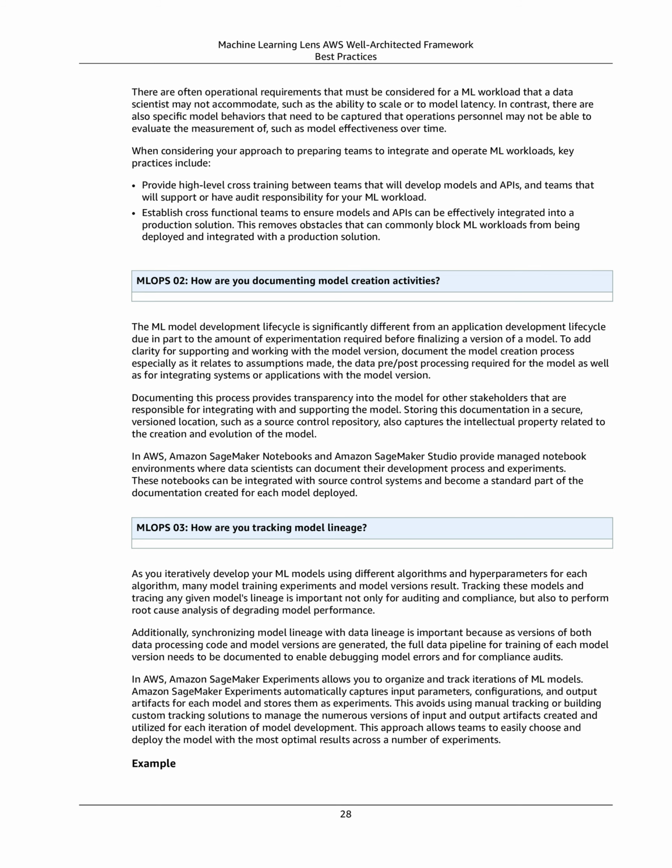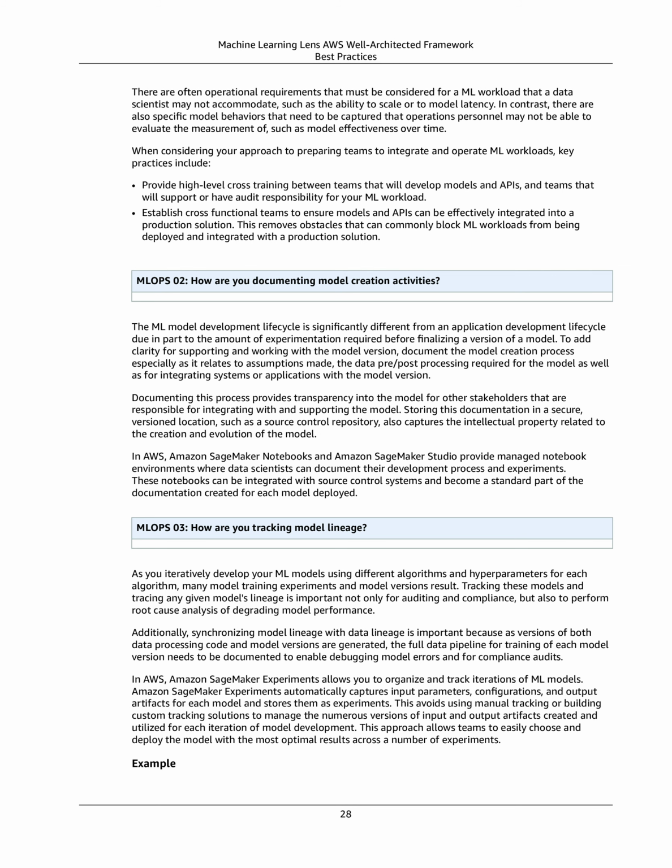MLOps 03. How are you tracking model lineage? As you iteratively develop your ML models using different algorithms and hyperparameters for each algorithm, many model training experiments and model versions result. Tracking these models and tracing any given model's lineage is important not only for auditing and compliance, but also to perform root cause analysis of degrading model performance. Additionally,